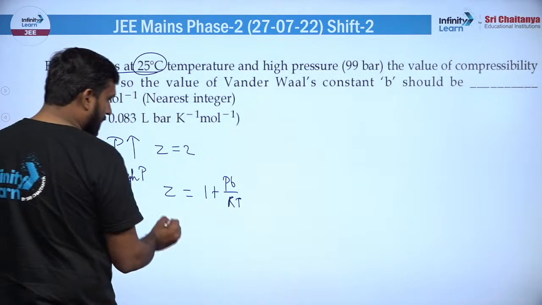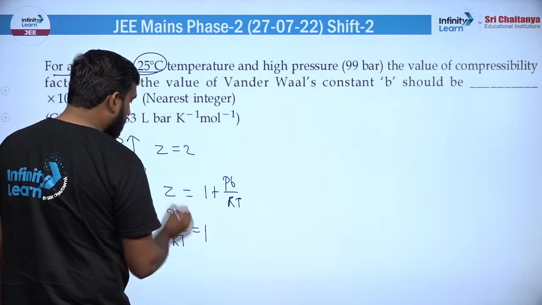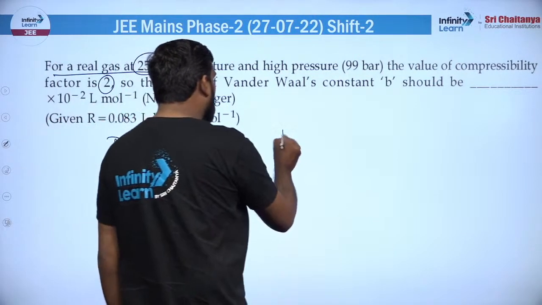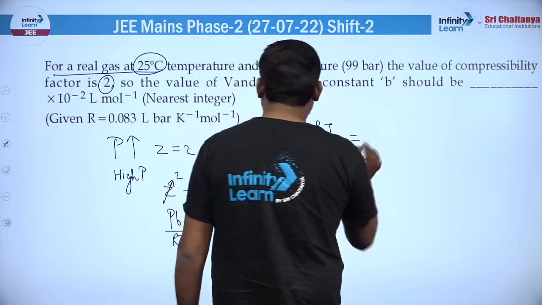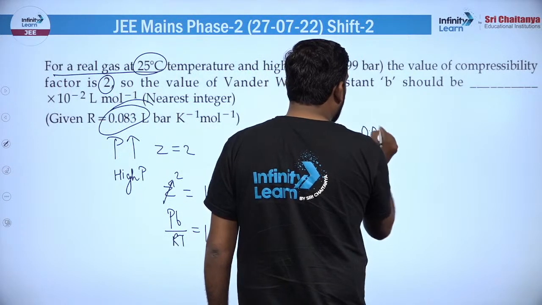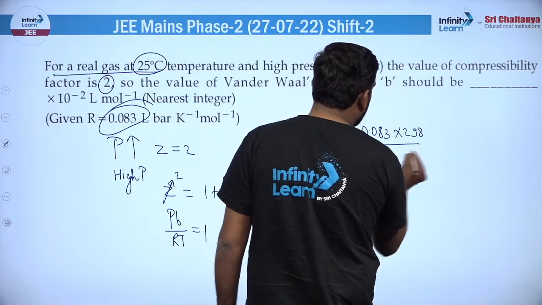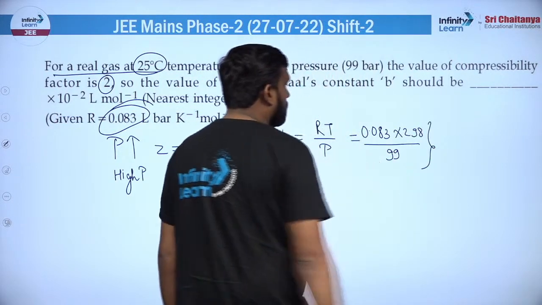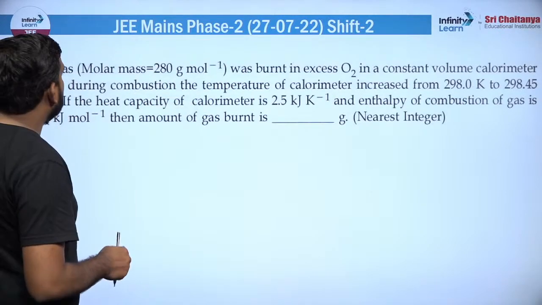अब आपको Z की वैल्यू पता है, तो मैं यहां से ये लिख सकता हूं कि PB/RT जो होगा वो 1 आ रहा है। ठीक है, Z की वैल्यू 2 थी ना एक्चुअली, सब्स्टिट्यूट कर दो। तो यहां से B की वैल्यू आ जा रही है RT/P। R की वैल्यू क्वेश्चन में गिवन है, सब्स्टिट्यूट इट, तो ये 0.083, टेम्परेचर गिवन है 298, और इसको हम लोग डिवाइड कर देंगे 99 से। जस्ट सॉल्व इट एंड यू विल गेट योर आंसर। ठीक है, चलिए आगे बढ़ते हैं।